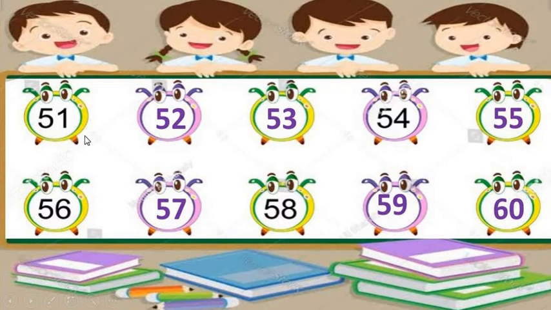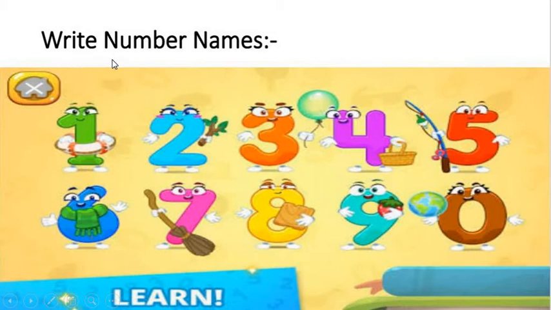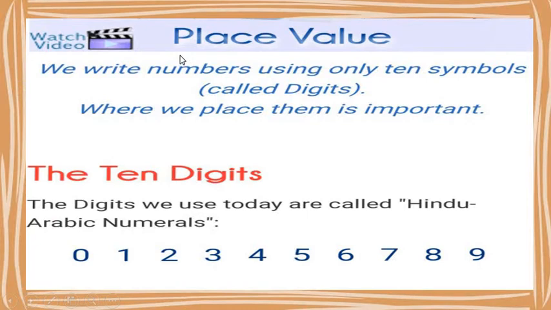After that we make practice of missing numbers 51 to 100, and also I hope you all have completed this exercise in your fair book also. Okay. Then we learn about right number names. In our previous lecture we make practice of writing numbers for number names 51 to 100. This was the question number 2 which you have to write in your maths fair book, and I hope you all have completed this. Now move on to today's topic, which is place value.